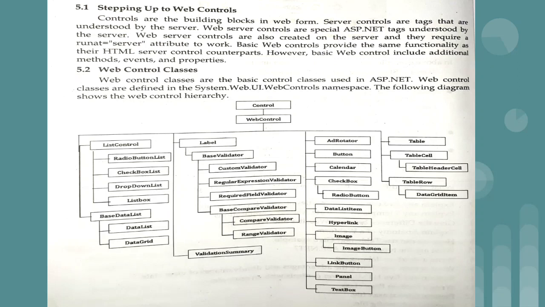So again chapter number 5, that is form control, is going to be a bigger one, which will take more time to complete, because we are going to learn all the controls which are currently displayed in this particular tree diagram. So these many web server controls are there. You will be having a separate theory question on any one of the controls, or a question such as explain any 5 web server controls. At that time you will have the option that whichever control you find easy, you can write the answer for the same. So these are the web server controls which are available in ASP.NET.